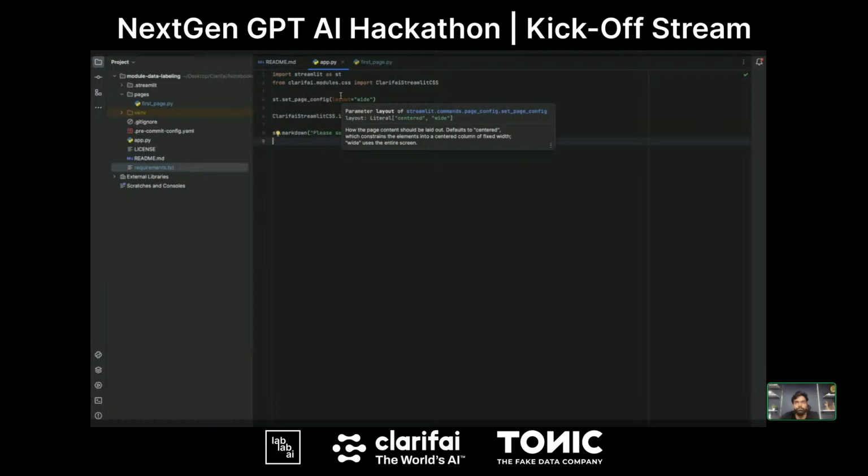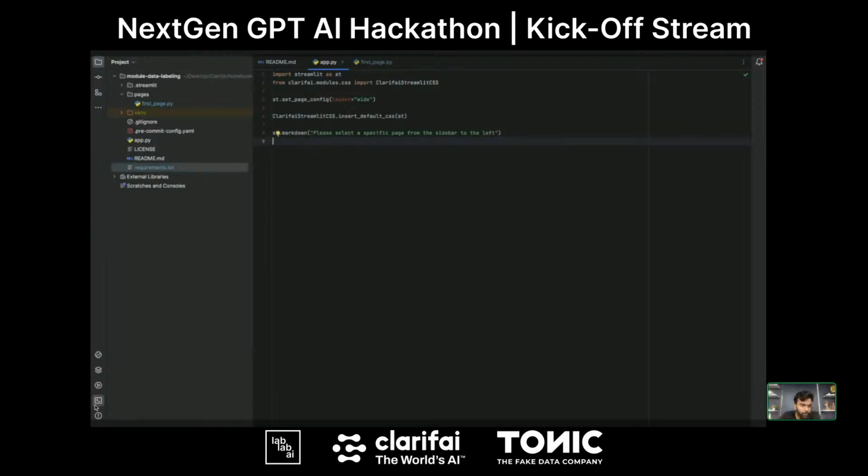Now, in order to build your application, first you need to install the necessary libraries, right? For my application, I used Clarifai to access different models, maybe the GPT-4 vision and also the object detection model. In order to build the UI modules, you need to install Streamlit, as I mentioned. UI modules are Clarifai's integration with Streamlit. You can install Streamlit using pip install streamlit. Also, as I mentioned, I added the bounding boxes and labels using the pillow library, so you need to install that, like pip install pillow.